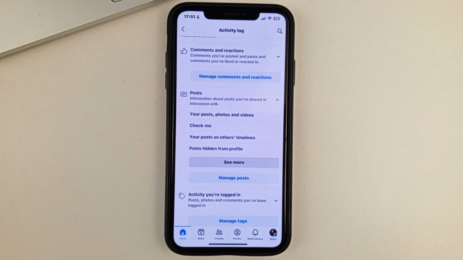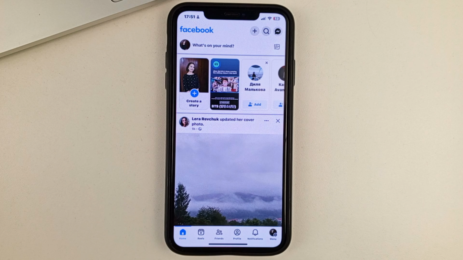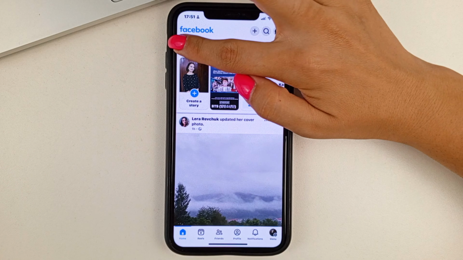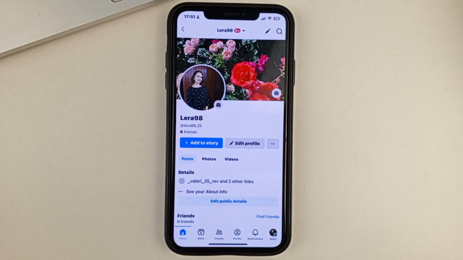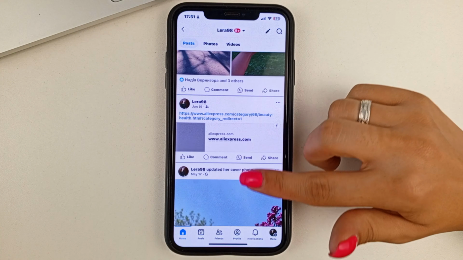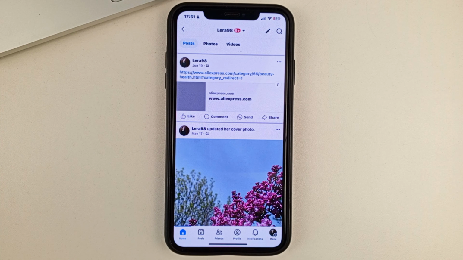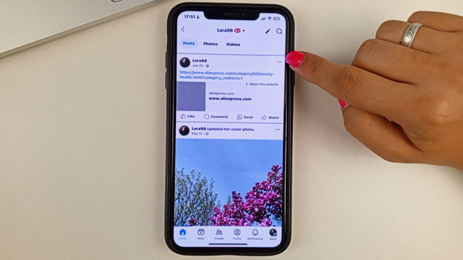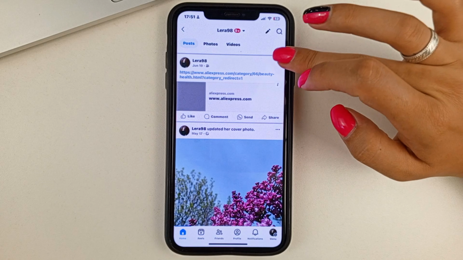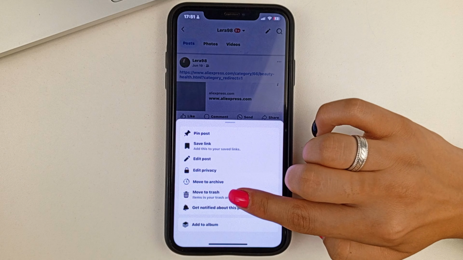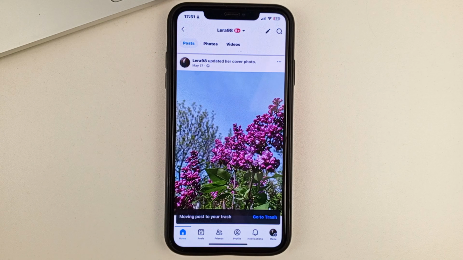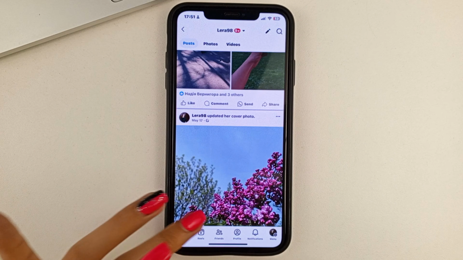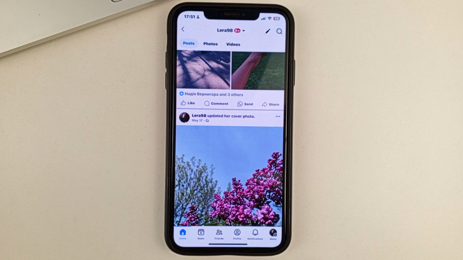So friends, now I will show you everything from the beginning. Please open Facebook on your device, then go to your page. Now let's say if you would like to delete a single post. You'd have to scroll down to the bottom and find that one post. Click on the three dots above it at the top. Select Move to Trash and confirm your action. And as you can see, literally in 2 seconds the post is already deleted immediately.